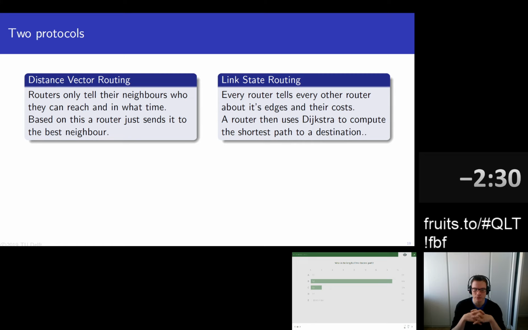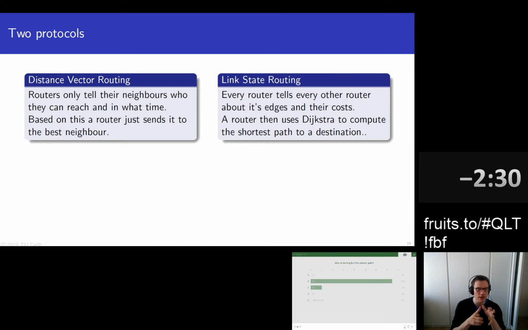So distance vector is just every so often, a router goes to all of its neighbors, so the ones that directly have a cable into them, and it asks, hey, what other routers can you reach, and how long does it take you to do so? Based on this, it updates its own information, and every time it gets a packet, all it needs to see is, okay, which neighbor claims to have the best route to this destination? That one, great, I'll send it there. That's distance vector. You only ask your neighbors, what can you reach and how long does it take you? And based on that, you make your decision.